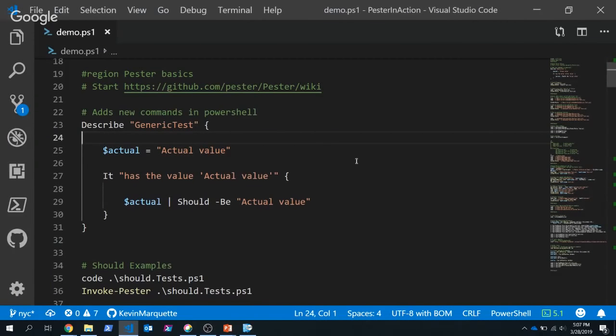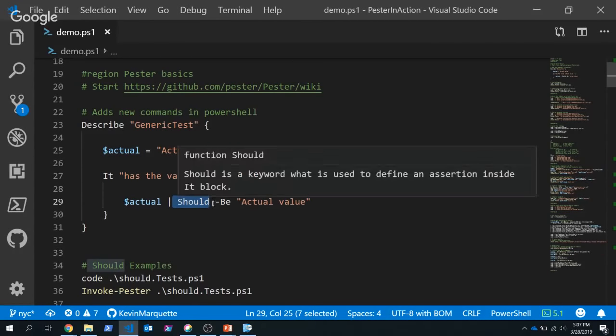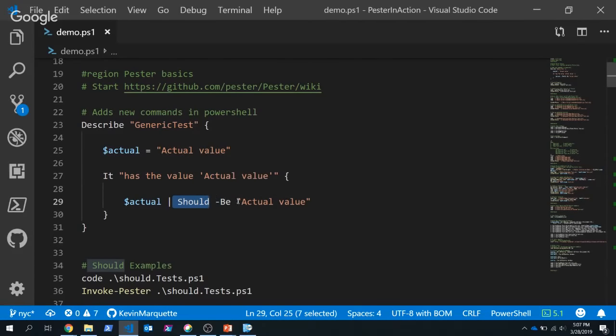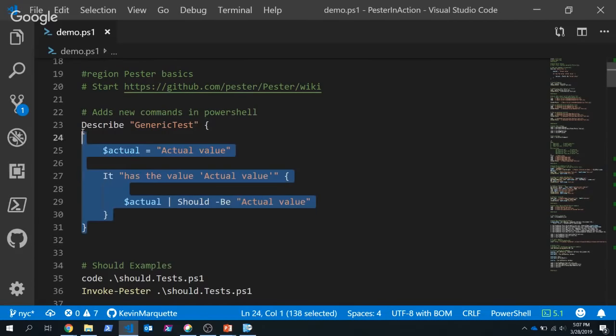So, okay, what I'm looking at is this DSL that is a way to describe what we're about to test. I'm using some simple language here. This is a generic test, and I have an actual value that I want to validate. In this case, I want to say it has the value, actual value. And the way we actually test it is we take this value and we pipe it to the should command that has its own syntax of saying should be actual value. So when I run this here,